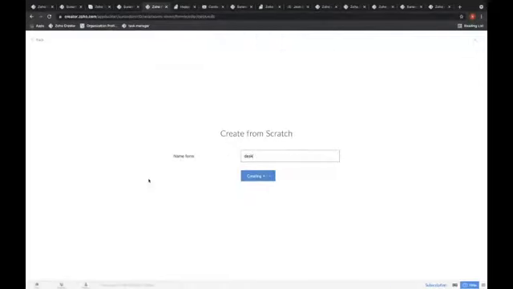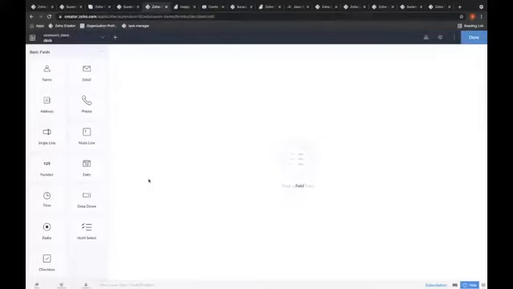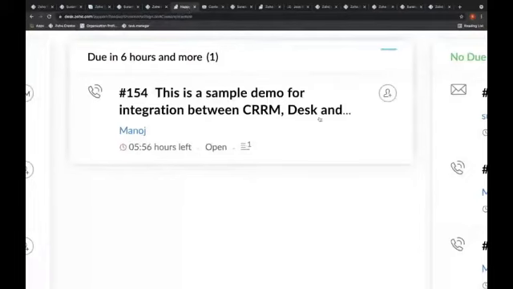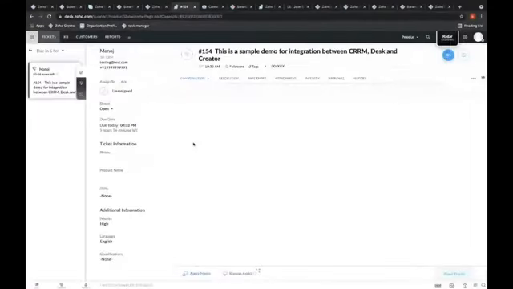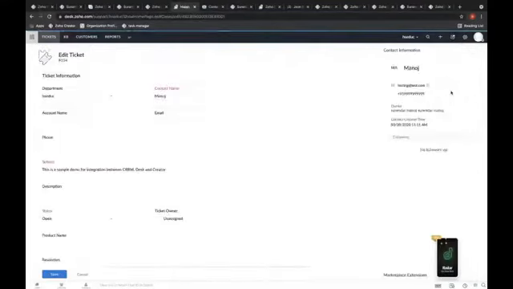So what we are going to do is fill a form in Creator, and the record is going to be created in Zoho Desk. To do that, we should understand the field structure. If I am creating a new ticket over here, I should understand the field structure of this ticket. I should know which fields are available and which mandatory fields we have to provide to the system, so that the system takes the